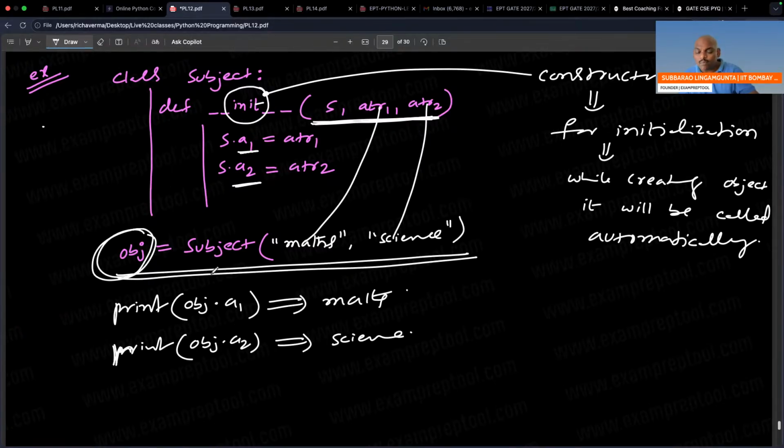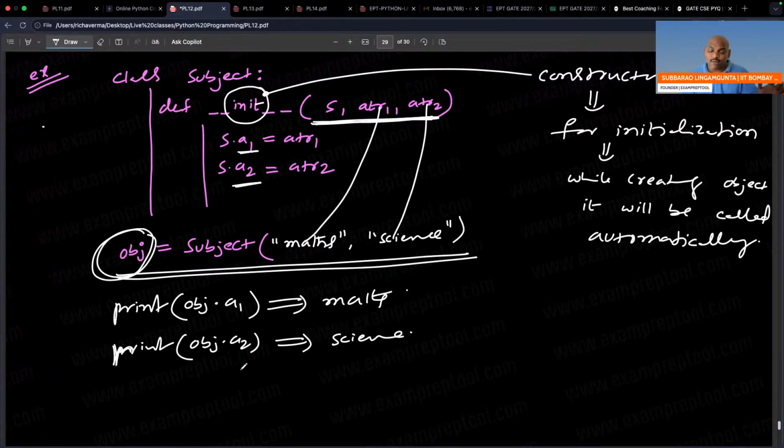While creating the object itself, it will be called. Sir, it is a function means you have to call it, no? While creating the object itself, it will be called. Sir, 3 formal, then 2 actuals should be there. Yes, 2 actuals are there. Then how to access? After keeping the data with the help of the init function, you can access it using that object name and those local variable names.